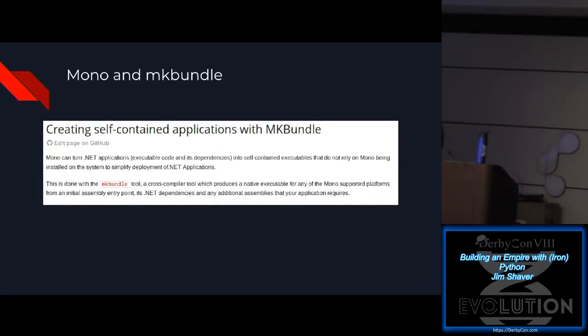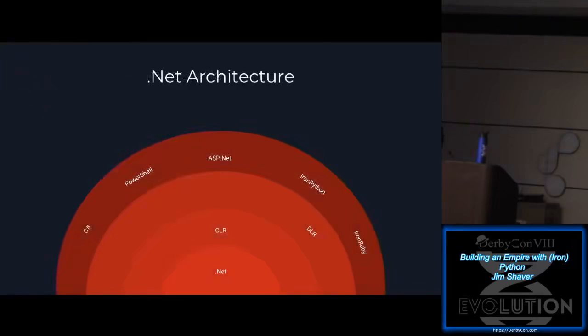So within Mono, there is a little script called make bundle, okay? And here's what make bundle does. Mono can turn .NET applications into self-contained executables that do not rely on Mono being installed or any other .NET framework. Okay? So what that means is, let's say you,